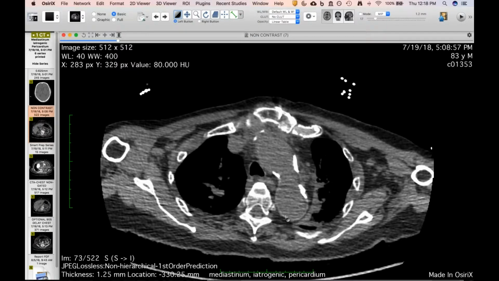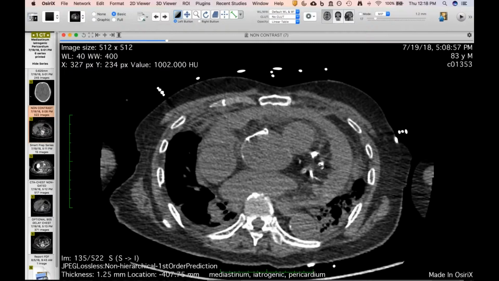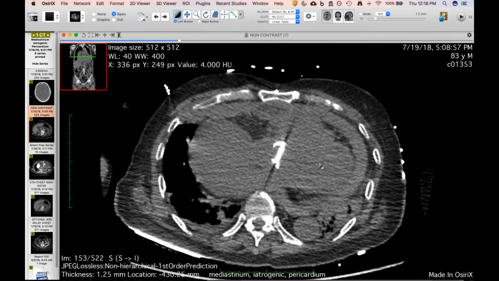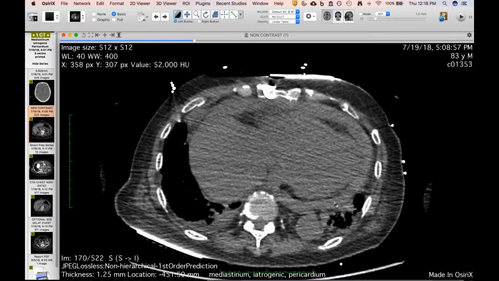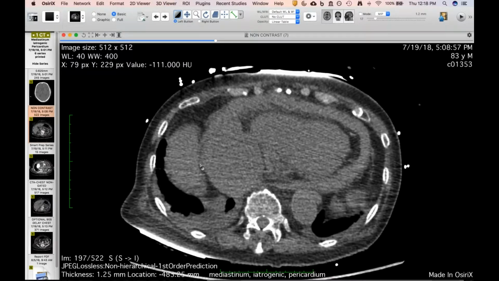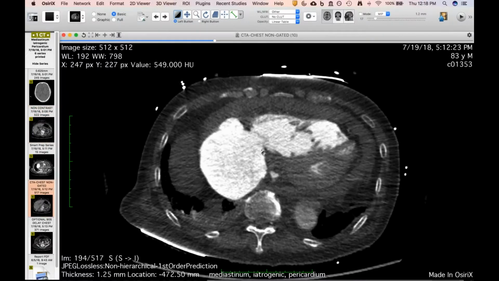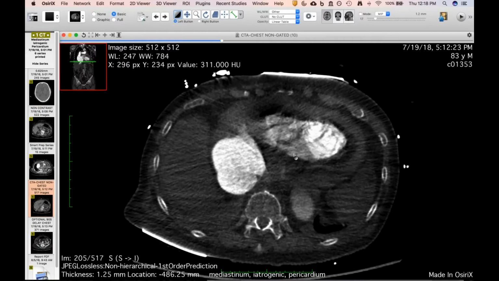And you'll see that he has some mediastinal hematoma, but he has a large volume of high attenuation pericardial fluid. And he's had a prior aortic valve replacement, and so he's anticoagulated. So of course this is hemopericardium. And as I always tell our residents and our fellows, hemopericardium should scare you like subarachnoid hemorrhage does. And this was overnight, and they noticed the hemopericardium,